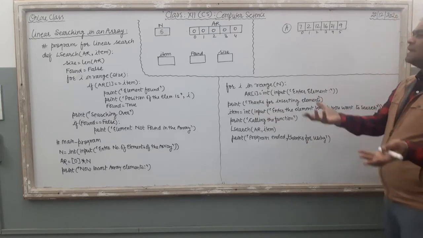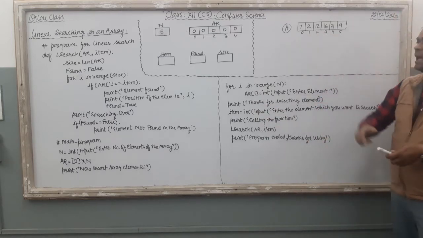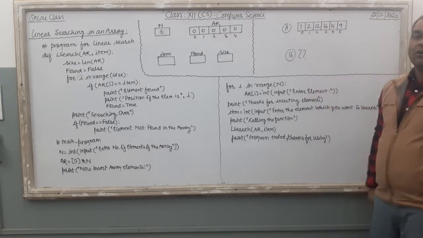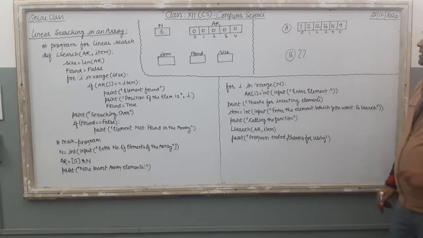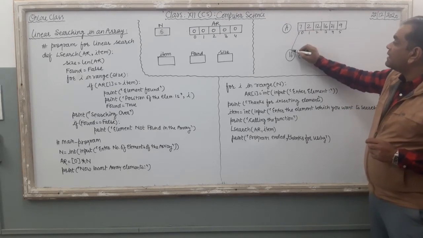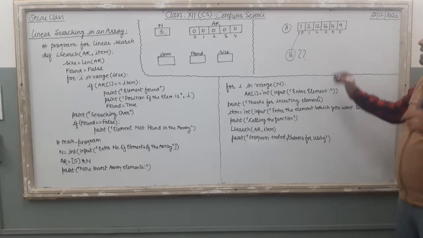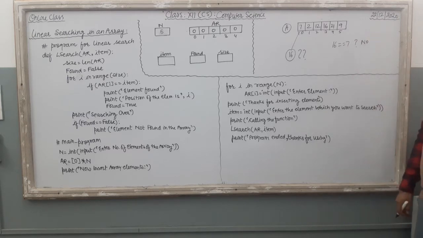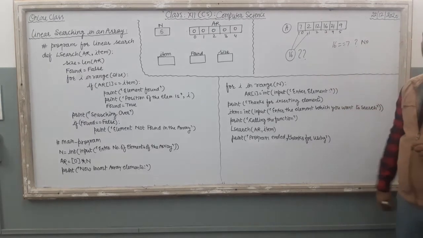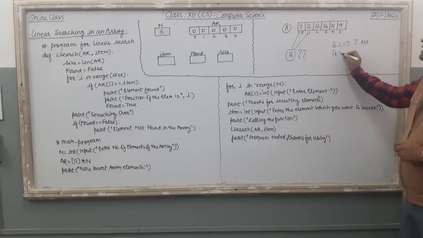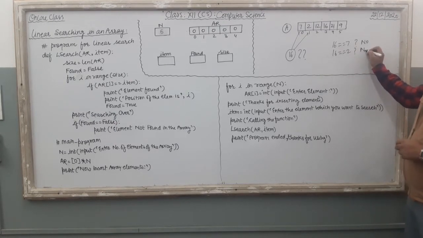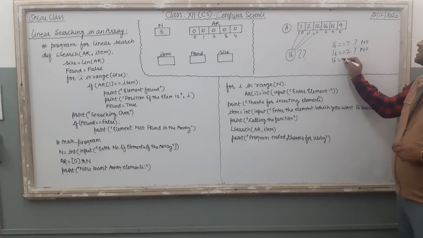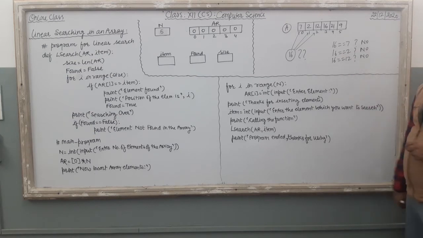Right, so just see what the technique is. It is a very simple one. The array elements are these. Suppose I want to search whether 16 is there in this array or not. According to linear search, first you compare this 16 with the 0th position value. How will you compare? Is 16 equal to 7? No. Then compare 16 with the first position element. Is 16 equal to 2? No. Then shift to the second position element. Is 16 equal to 12? No.